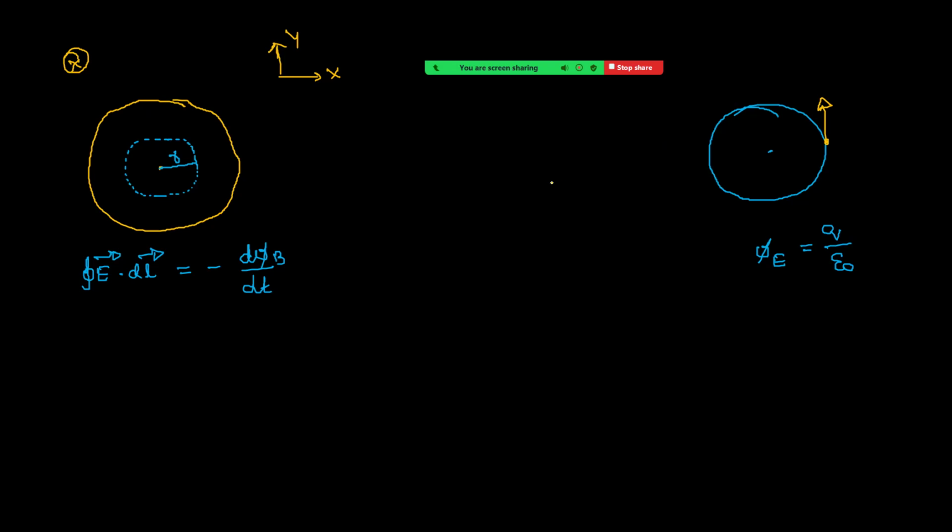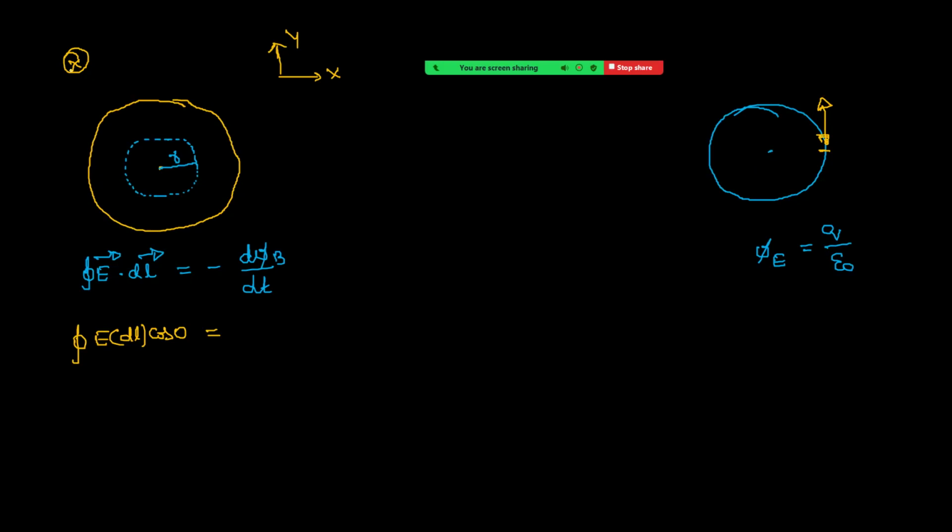Now see what I am doing here. If I am taking a small length dl on this loop, we are taking the direction of dl bar as the direction of E bar. Then see what I can write here: closed integral E into dl into cos of the angle, that is now cos 0. And see carefully here the direction of the electric field. The question comes: when I'm saying tangent, is the tangent like this or like this? Let us confirm that. How to decide?